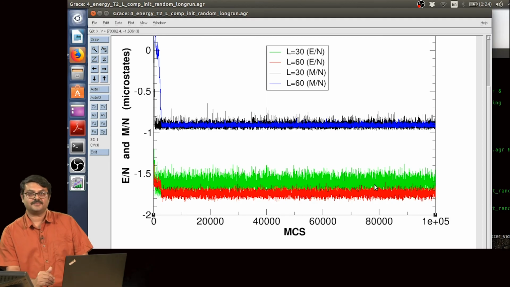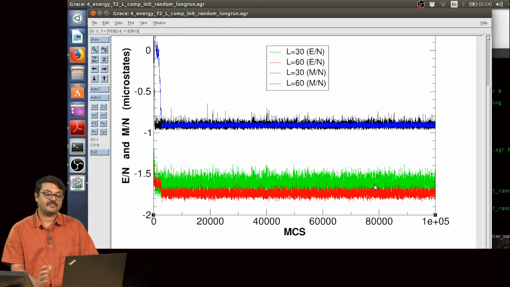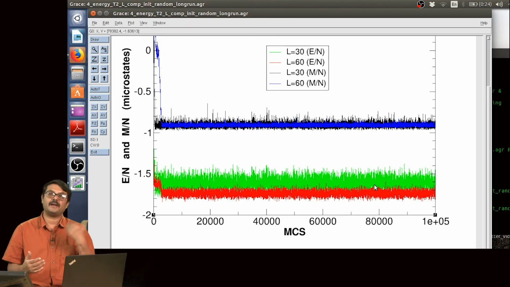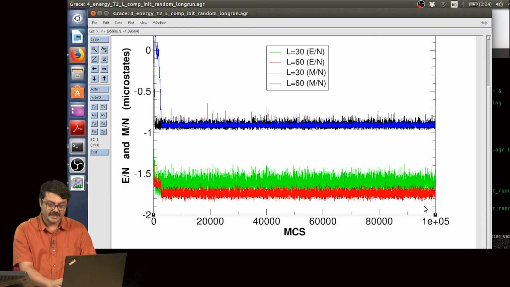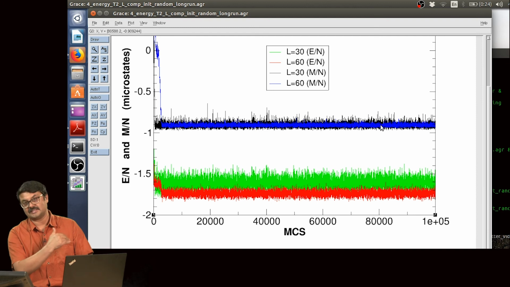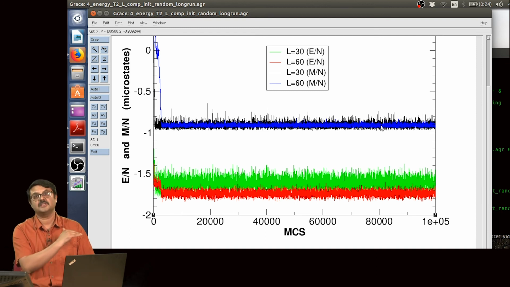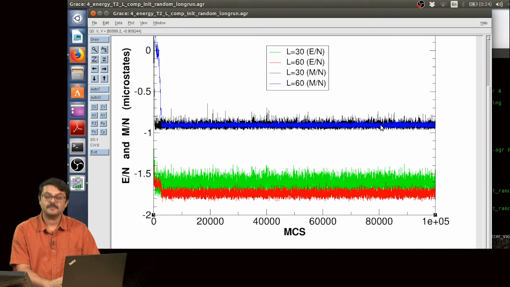The reason is basically when you have L equal to 60, which is 4 times, L equal to 60 cross 60 as compared to 30 cross 30, you have much larger domains. Okay. So, the average fraction of spins pointing up and down remain the same. So, the fluctuation of magnetization is exactly on top of each other, the mean would be very close to each other,